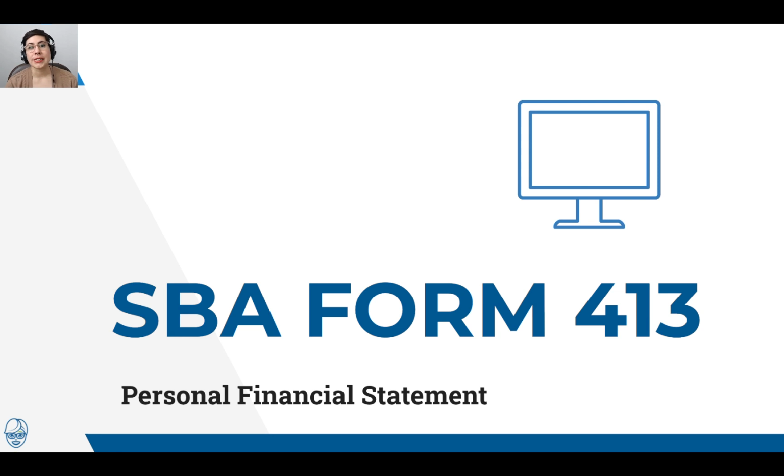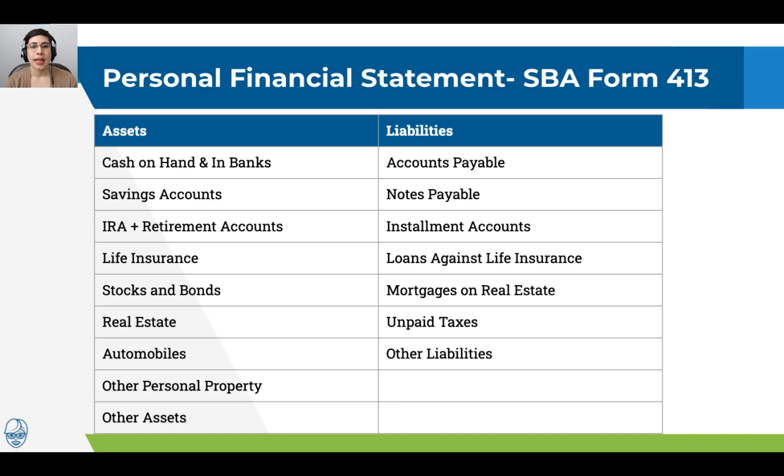And once that's done, you're going to need to fill out your personal financial statement. So this is about you personally. And in this personal financial statement, they're looking at your assets and your liabilities. So assets are things that you own. Liabilities are things that you owe. Assets are going to be cash in the bank, savings accounts, retirement accounts, the cash surrender value of life insurance, stocks and bonds, real estate. So it's going to be things like rental properties or personal properties, any of your vehicles, any other personal properties, maybe like jewelry or art, things like that,